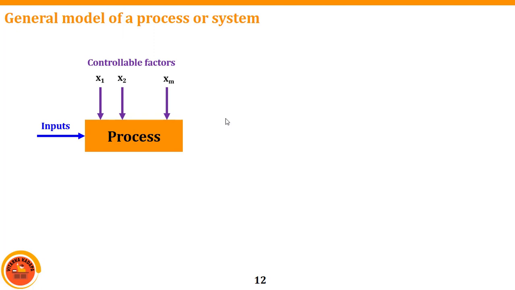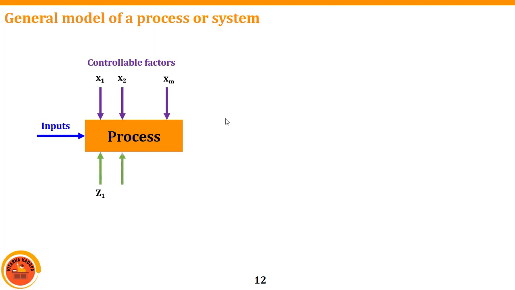And the controllable factors will be what kind of material we are using for machining, whether it may be steel, a composite, or an alloy, like an aluminum alloy, or sometimes the machining process parameters. For example, if I am going for the turning process, speed, feed, and depth of cut are going to be influenced.